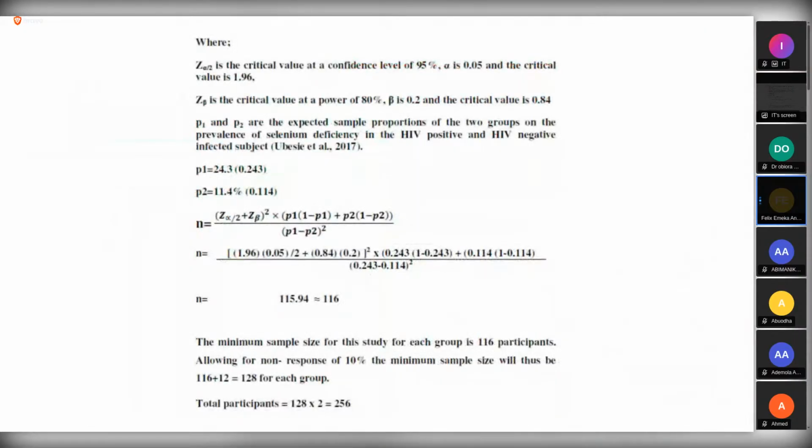And also, I would like to add that it's not all the time that you will be able to find your P1 and P2 in one study. You can get your P1 and P2 in two different studies. If you're not able to find the P1 and P2 in one study, it's allowed. But those two studies have to come from the same setting, please, so that the result will not be too off.